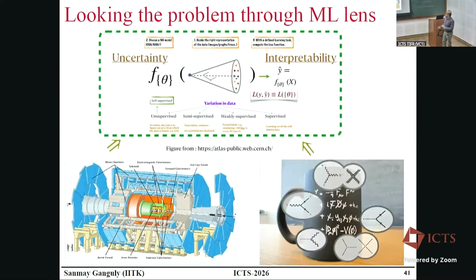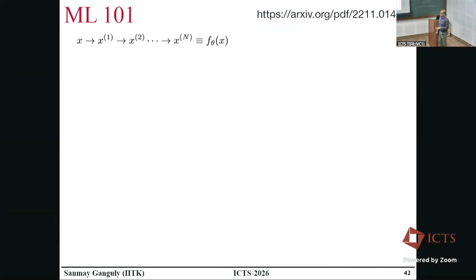So this is a test bed where the unification of theorists and experimentalists is happening more. These two classes of people who used to fight and not see each other's faces have found a nice cafe where they can sit together and have some chat. Why that's happening is important to appreciate, and we will try to do that. So how many of you have never done a single line of machine learning? Anyone? Quite few. Okay, very good.